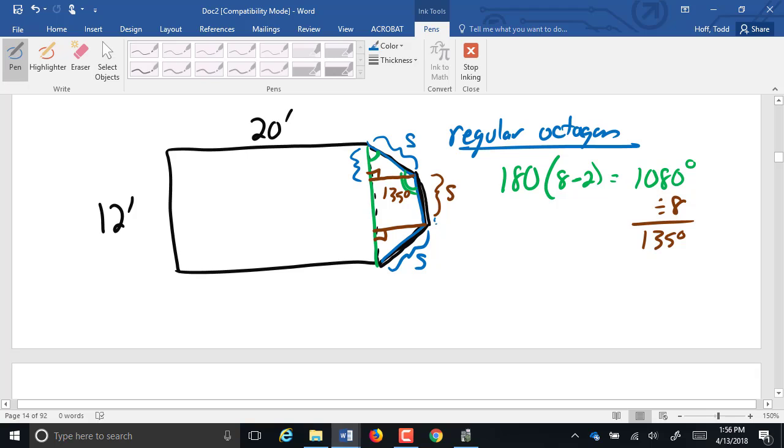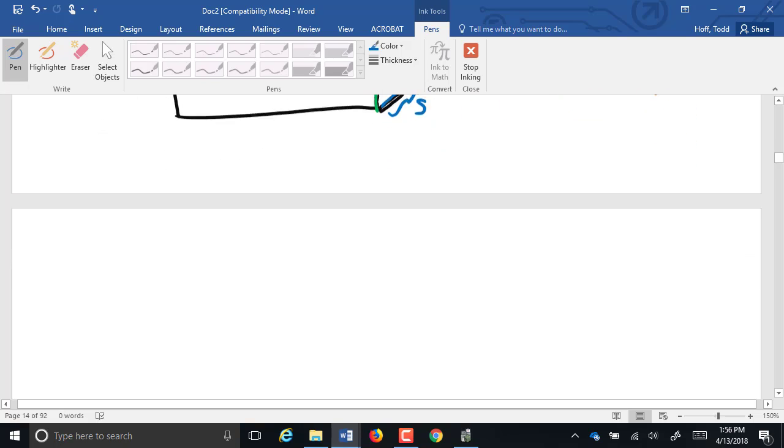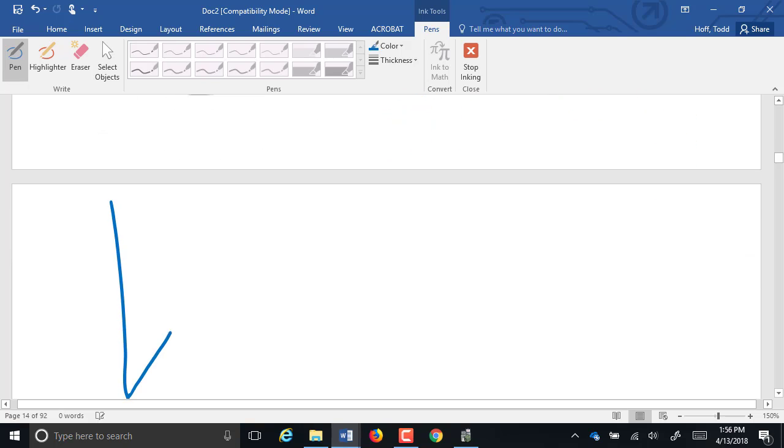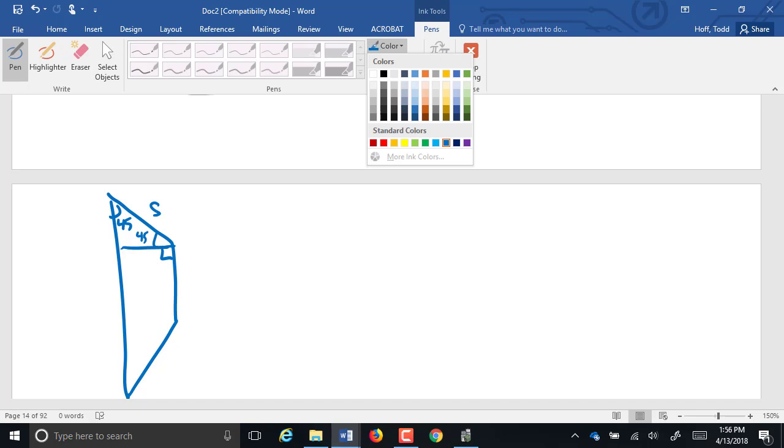What's this length going to be here? But what's this angle? There you go. That's got to be 45 degrees there. This is 90 and that was 135. 135 minus 90 makes 45 degrees. So that makes this length here